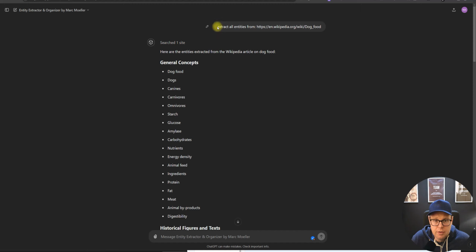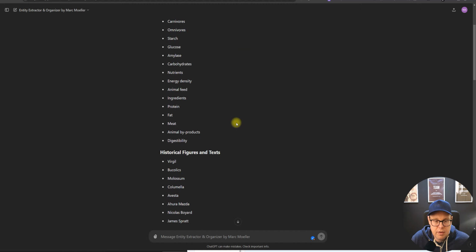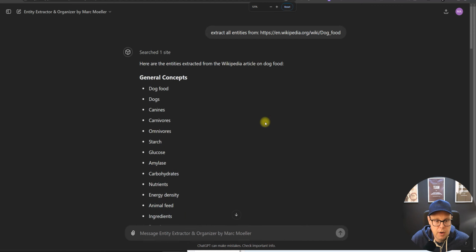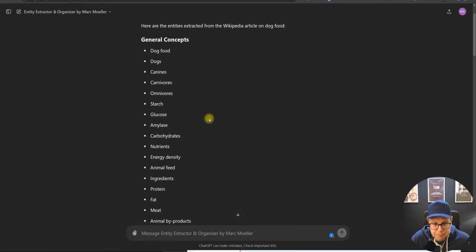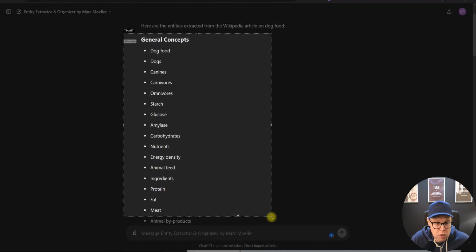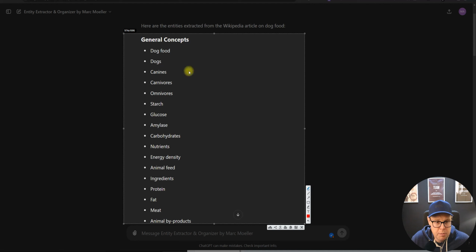The cool thing about this tool is that it has web browsing enabled, so you don't need to copy and paste any text. It simply visits the website. You will need GPT-4 for that one, I believe. Cool. And then it also organizes your entities instead of just giving you a list of random stuff. So quite powerful here. Now we've got general concepts around dog food. Quite good to go through this and make kind of a mental list of what is there. We later, of course, also want to store that, but